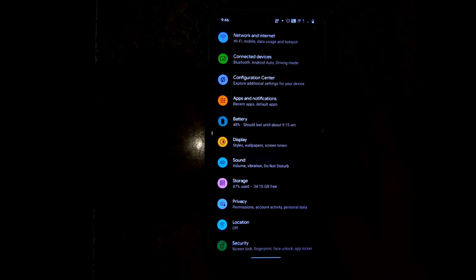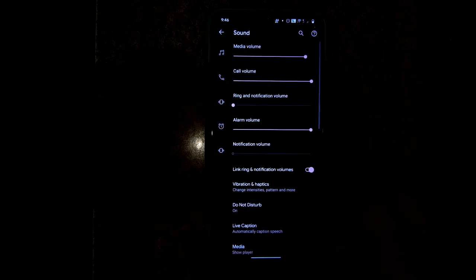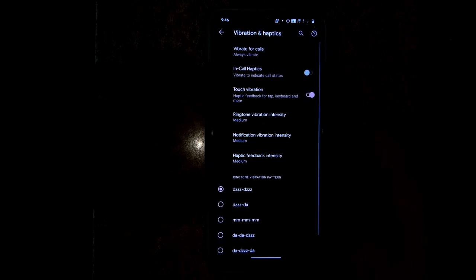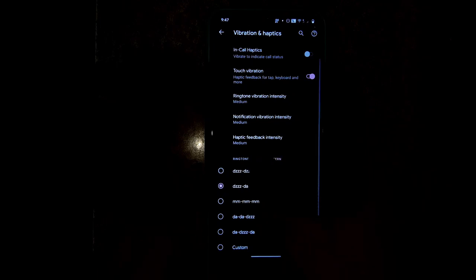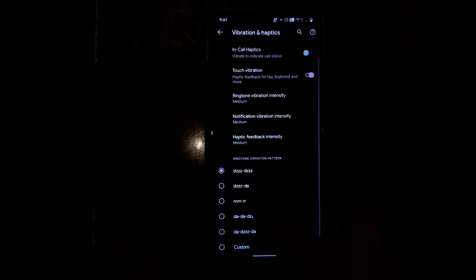wake up. After that, moving on next to the sound setting, we get to see linking ring and notification volume settings, then vibration and haptics, which have vibrate for calls option, or ringtone notification and haptic feedback intensity can be adjusted with this. Then we get to see different types of vibration patterns, which can be,